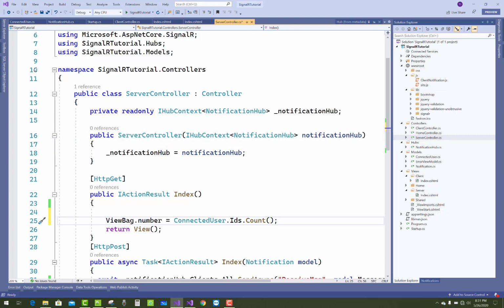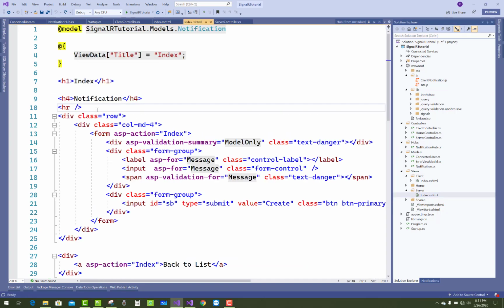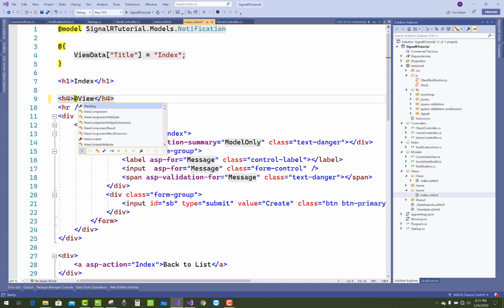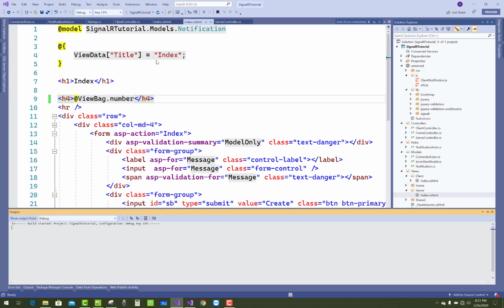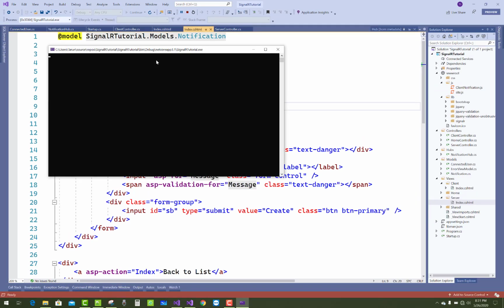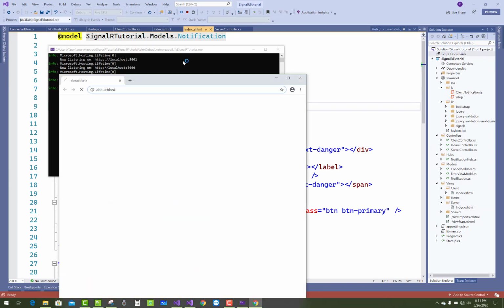There is the Count property in the ViewBag, and in the server's Index.cshtml file, in place of notification you have to use @ViewBag.Number. Okay, so just start this application, where you get all connected as well as disconnected clients.